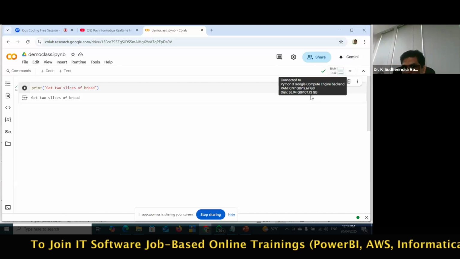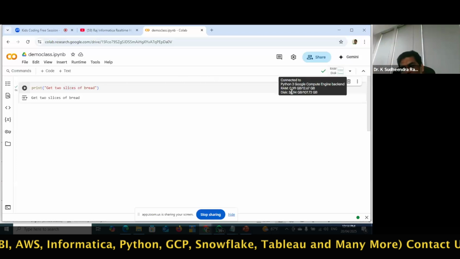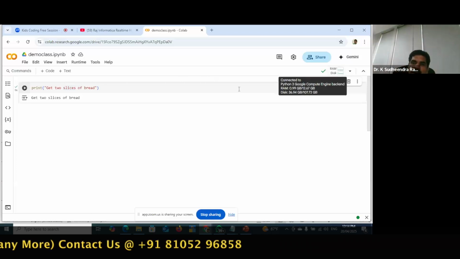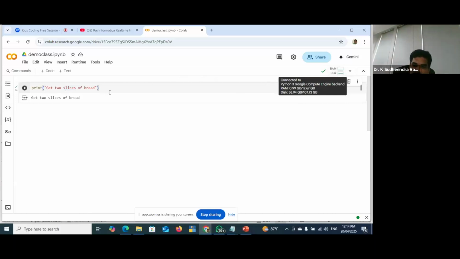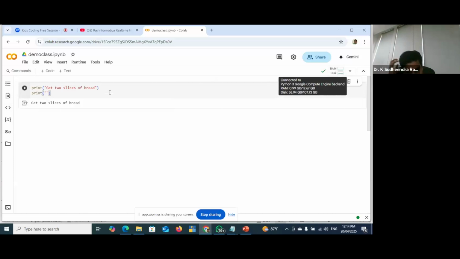Based on that, this is the space that is available, so you can write your own programs and definitely do whatever analysis you want. This is connected to a remote computer on which you are writing this code. For example, I would like to add another command. I would say print, maybe let's say, spread the cheese. Okay, if I run this code,